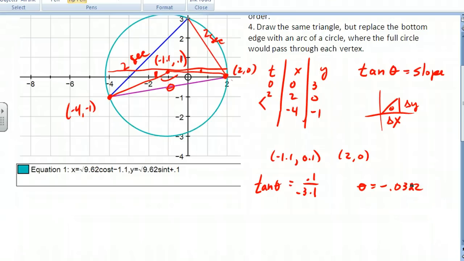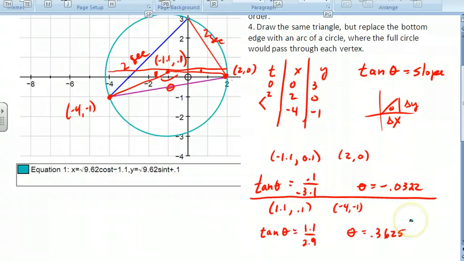Okay, now similarly you can do the same thing with the center and this point here to find the slope of this line, and then I can find that angle measurement there. So I just went ahead and calculated this one the same way, and so if I look at this going straight across is pi, then I got to subtract out this magnitude, so I just take out the 0.0322, and then I need to subtract out this one too, which is subtracting out the 0.3625, and I get approximately